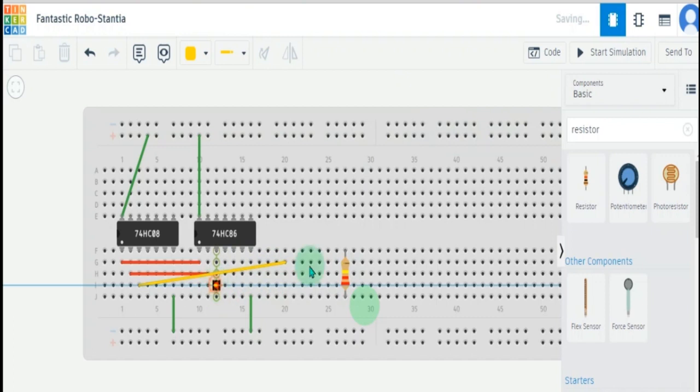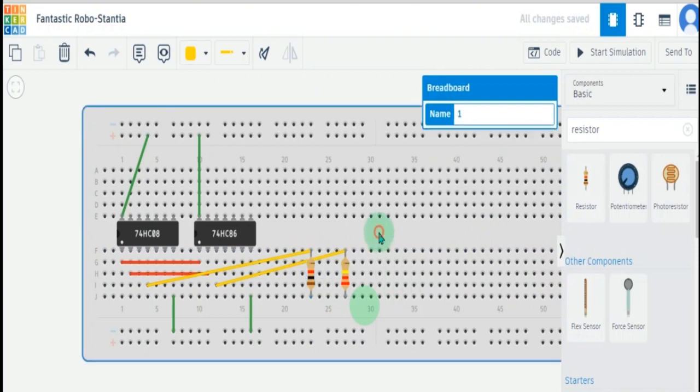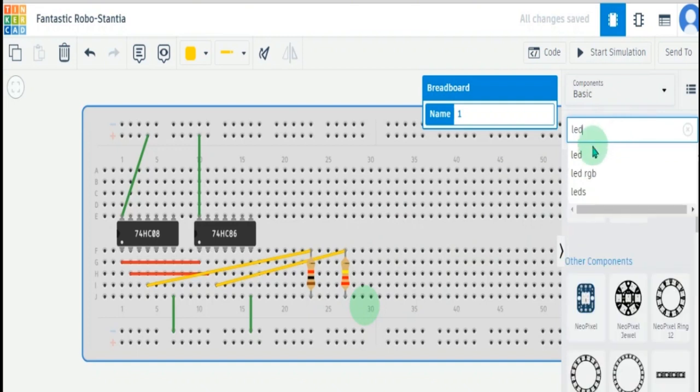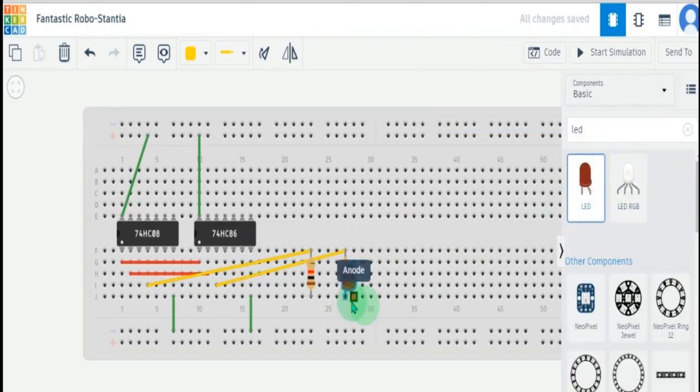Let's arrange these lines correctly. Add another resistor here. We are adding the resistor in order to protect the LEDs from damage. Let's connect an LED over here.